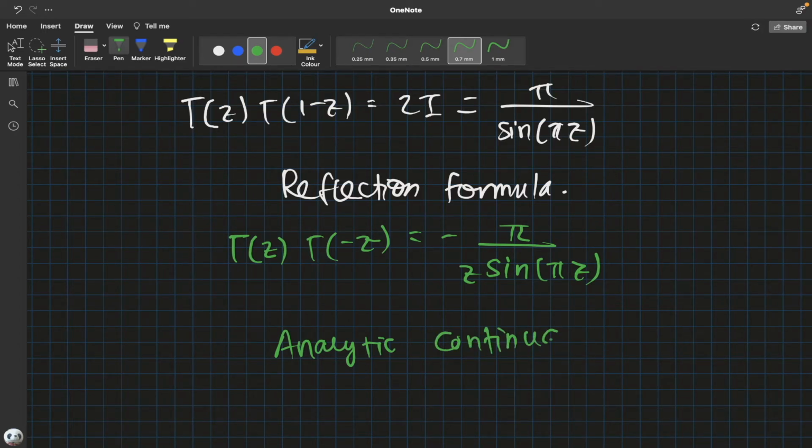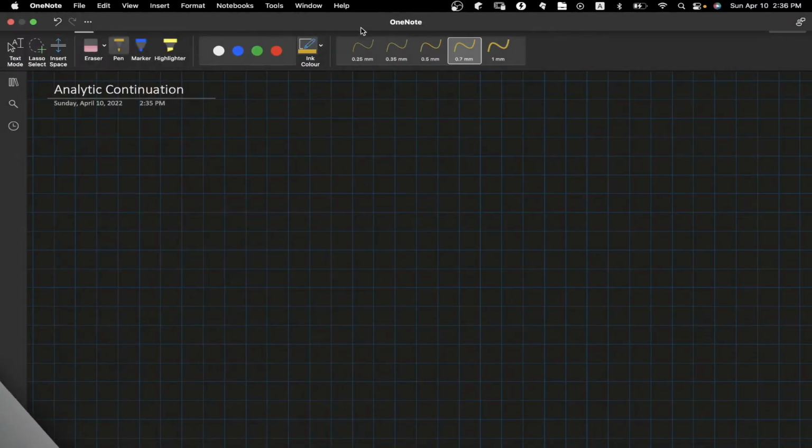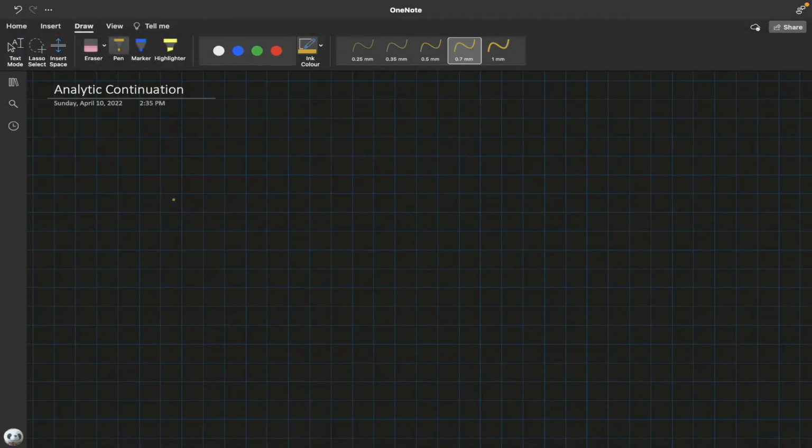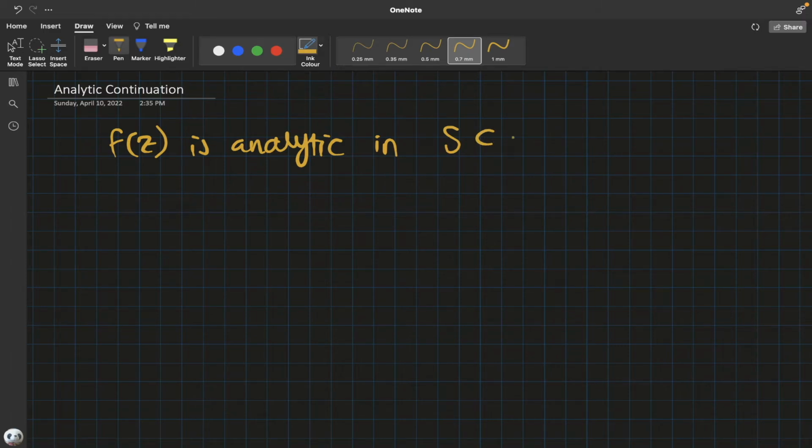Analytic continuation. Maybe I'll use a fresh page. People think they know what analytic continuation is. It's like a nice term to throw around. But okay, let me give you some idea. Assuming f of z, a complex function, is analytic in some region S that is a subset of the complex plane,